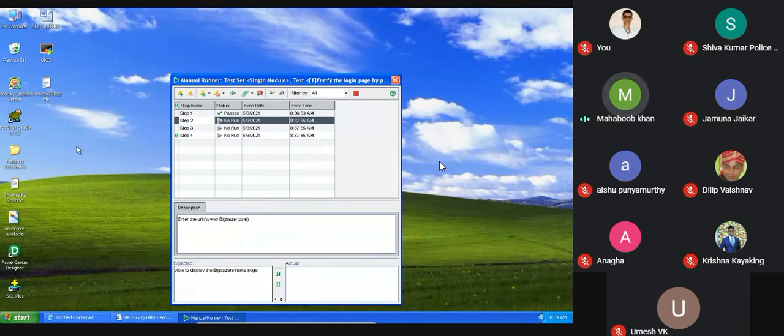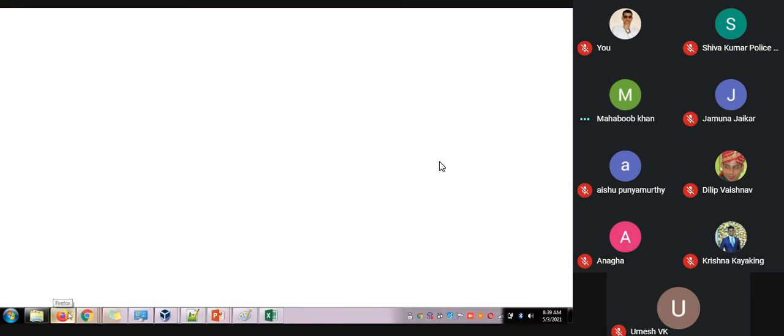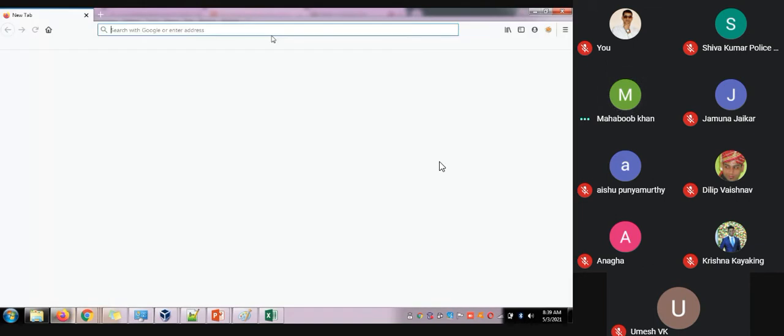Enter the URL. Manually, whatever browser you are using, for example, once you click Mozilla Firefox, you are able to enter www.bigbazaar.com.